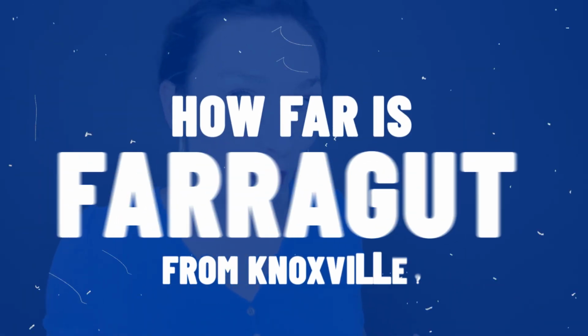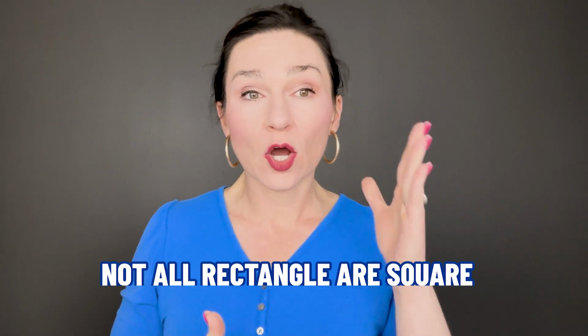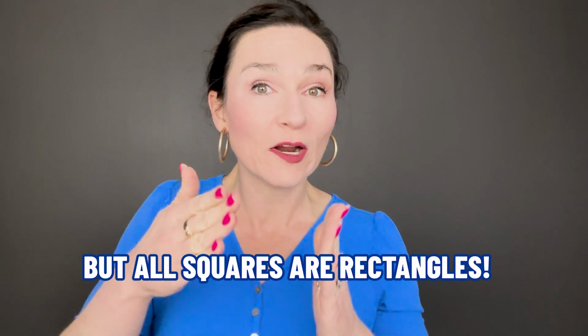Okay, that being said, number 1 question: how far is Farragut from Knoxville? Now, the smart aleck in me wants to say it's the same. Because Farragut is in Knox County, so technically it is Knoxville. But it's like a rectangle and a square. Not all rectangles are squares, but all squares are rectangles. Fact check that, I used to teach geometry. Anyways, if you're talking about how far Farragut is from downtown Knoxville, you're going to want to